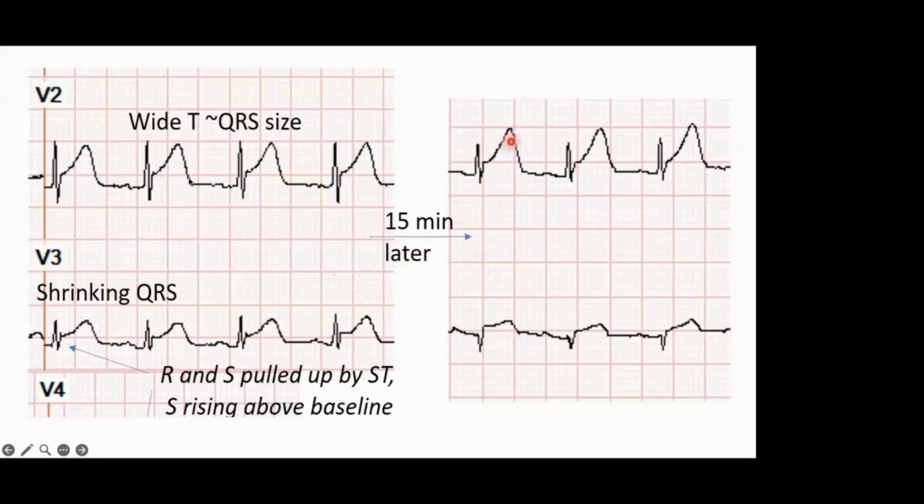This is why it will be wider, it will be tall, and it will go above 25% of the QRS. As time goes on, this will cross the QRS, and then the ST segment becomes elevated. And this